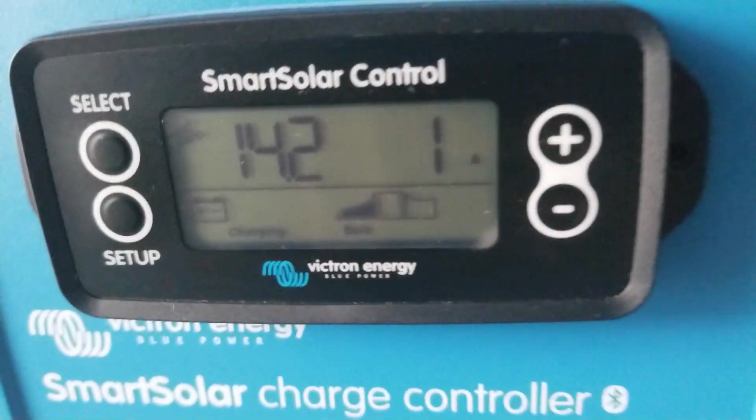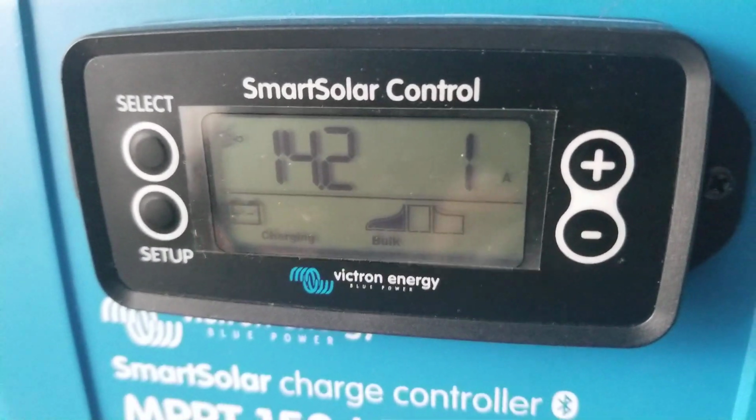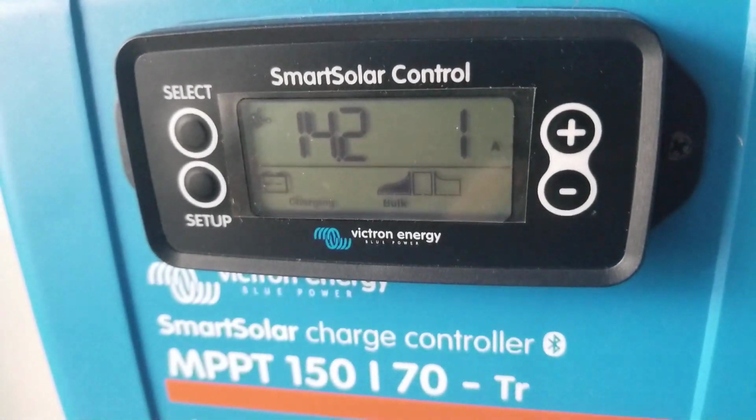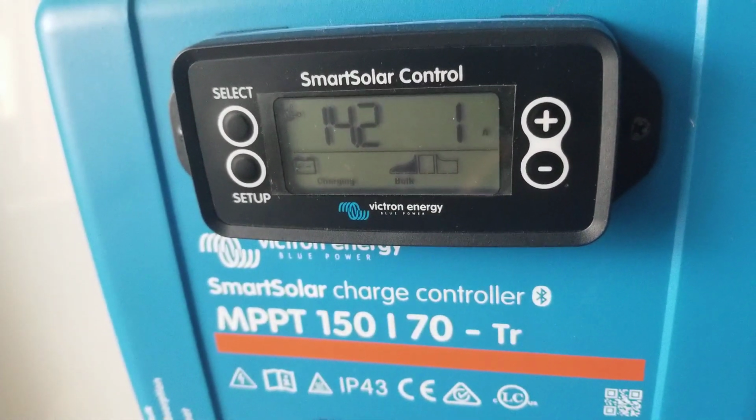Snow again here in Minnesota. I saw earlier up to about 4 amps coming from this one. This is the Canadian Solar. It has the bifacial,